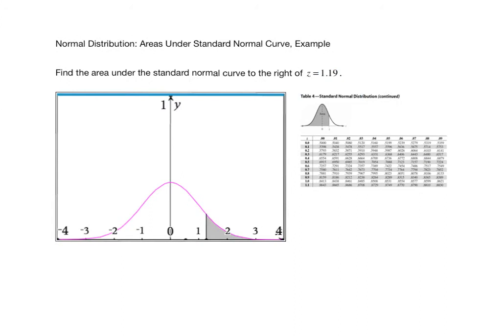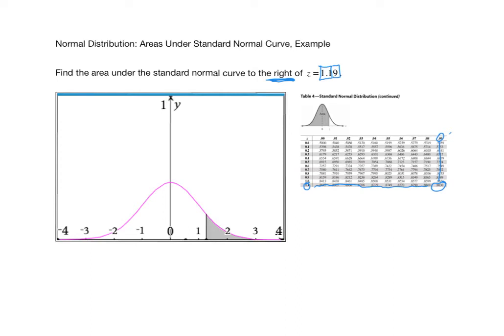Here is another example. Find the area under the standard normal curve to the right of z equals 1.19. So we have to be careful here to pay attention. We want the area to the right of z equals 1.19. So we're still going to look at the table the same way we did before. We need to find the 1.1 in the left column and then the 0.09 in the upper row and find out where those two things intersect. So 1.1 is here, the 0.09 is here. We want to see where they intersect. That gives us